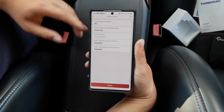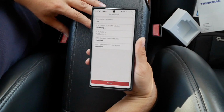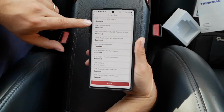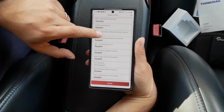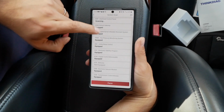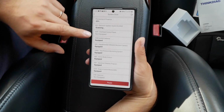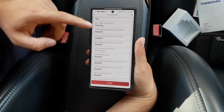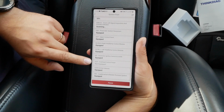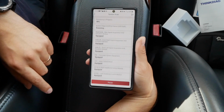This is gonna take a little bit, so I'm gonna speed it up, but you can see all the modules right after they get scanned. Little note over here, you're gonna see how it says equipped. If a system is not equipped, like right here, the Distronic, it's gonna say not equipped. But my car, being a over $100,000 car new, is equipped with most of the stuff that is written over here. For example, what is this? Overhead control panel. That's not equipped because we don't have an overhead control panel, but most of these are equipped,